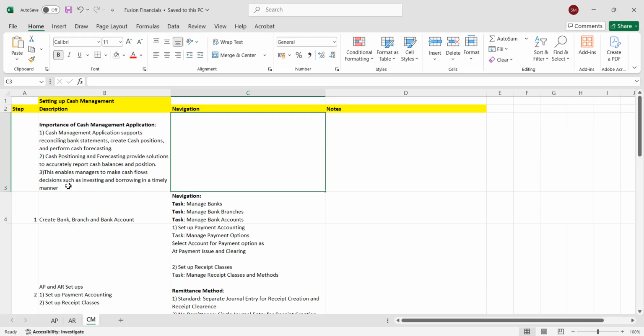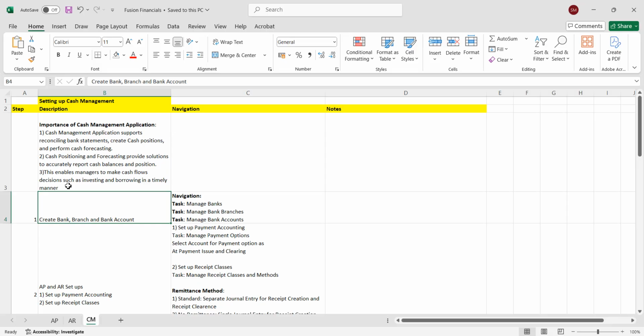Now moving on to the setups of the cash management application in Oracle Fusion. We'll be covering this in multiple videos, but in this video we'll be focusing on creating a bank branch and bank account. In real time, a company will open a bank account in an existing branch. Let's take an example of Bank of America. If there is a company X, it can open a bank account in Bank of America,